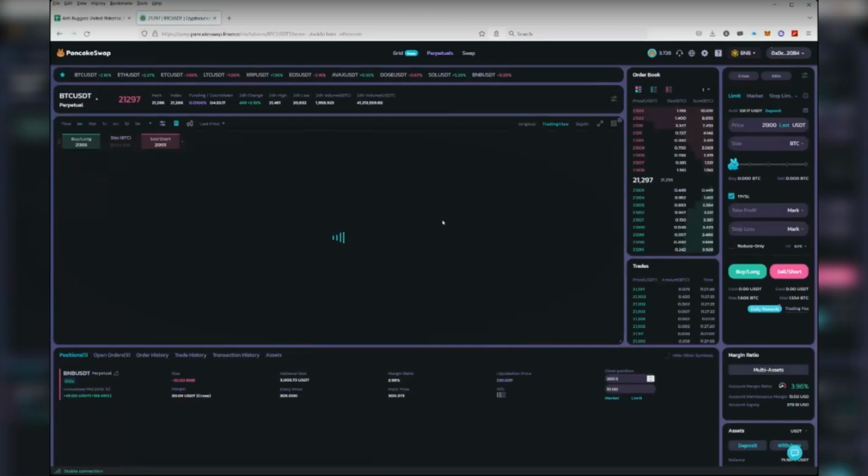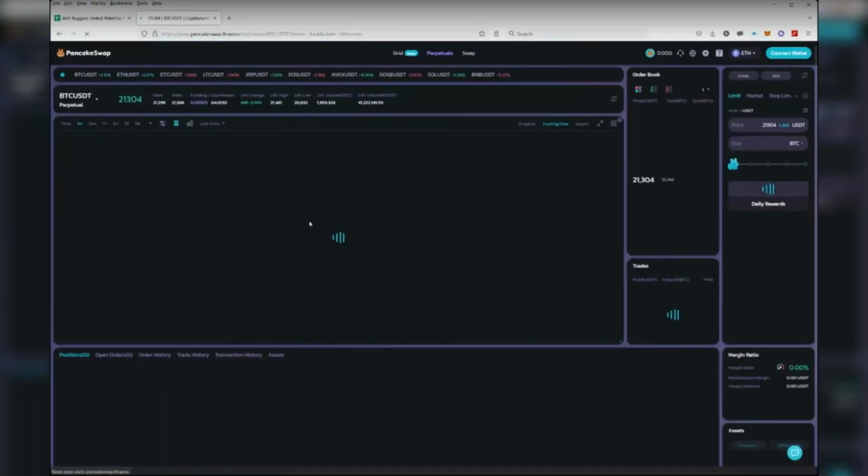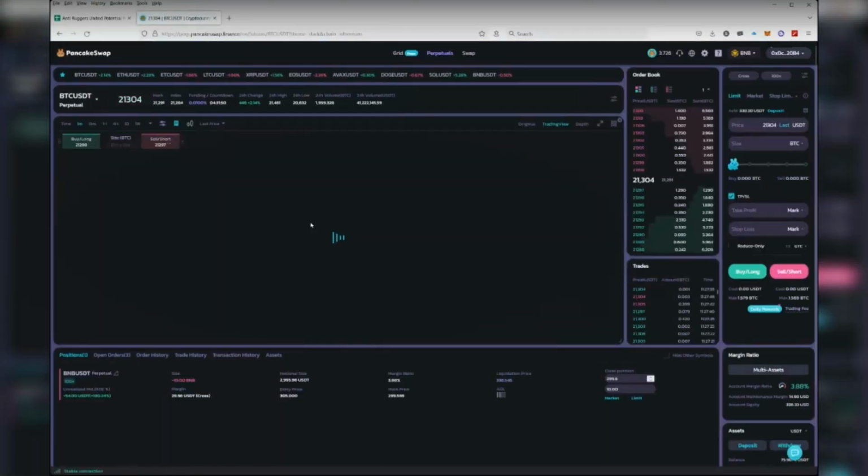So basically I'm risking $100 on this trade. I would not recommend that if your account balance is only $370, $380. But for me, this is a small fraction of my total trading account. Come on, I want it to load so you can see on the chart where those positions are.